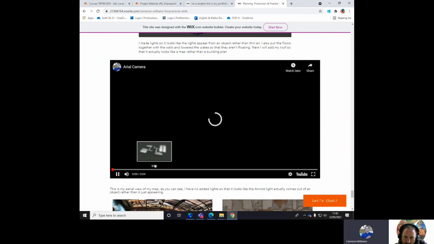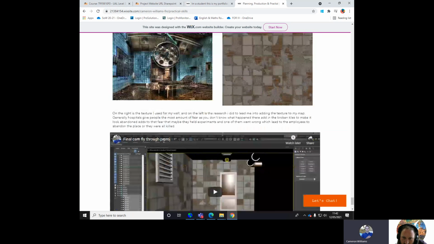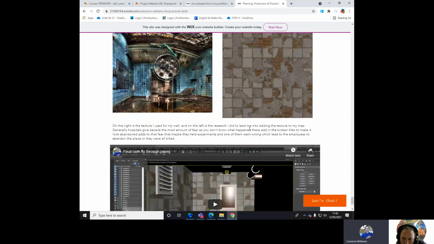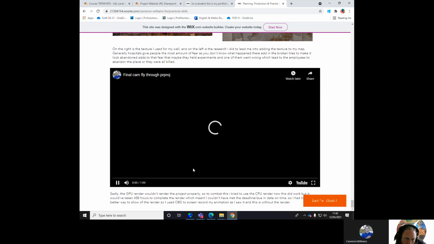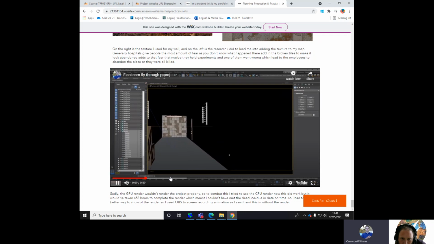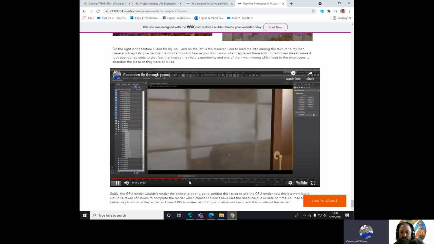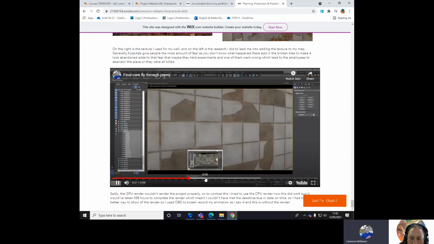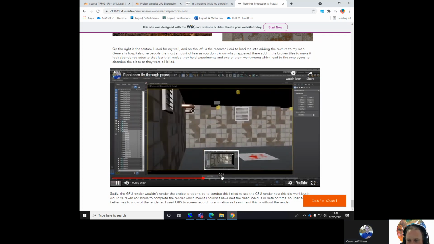In terms of the environment, I'm just going to jump over to it. Yeah, just the fact that we looked at that image before and took so much information from it, we can think about that. So this is your final fly through cam. I had to do it via 3DS because the GPU render wasn't working and the CPU would take too long. So I think where you are, what you've got left to do is go back to that research element